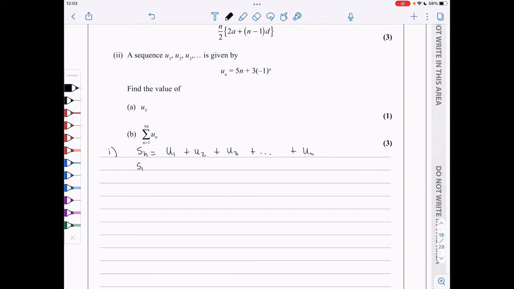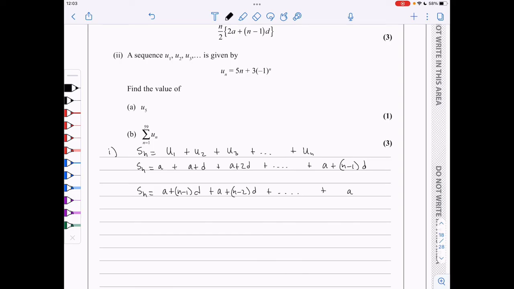Now we know that the first term is a, the second term is a plus d, the third term is a plus 2d, and the last term, the nth term, is a plus (n minus 1)d. Now, I will rewrite this in reverse. I will start from the last term going on to the first term. So it's going to be a plus (n minus 1)d. The next one will be a plus (n minus 2)d, and so on